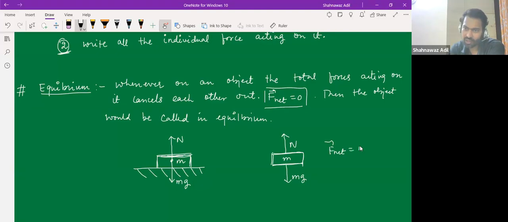This is N minus mg, which is 0, which means that N equals mg. So this is called the equilibrium condition. Understood? We'll talk about this in detail in the next class. So please note this point. Please write this down, and then